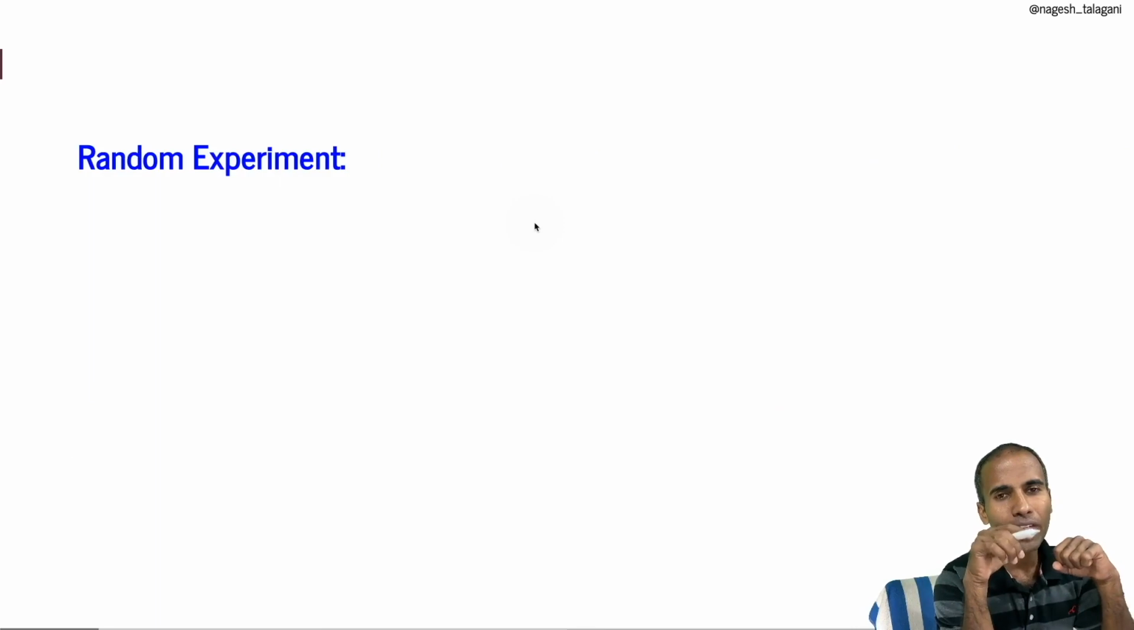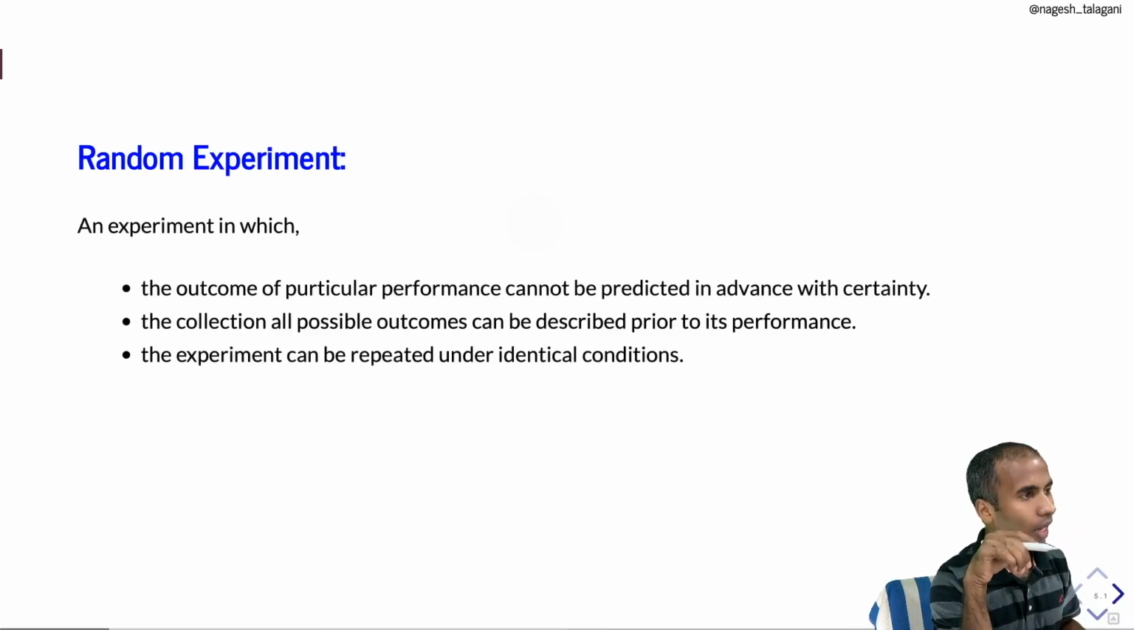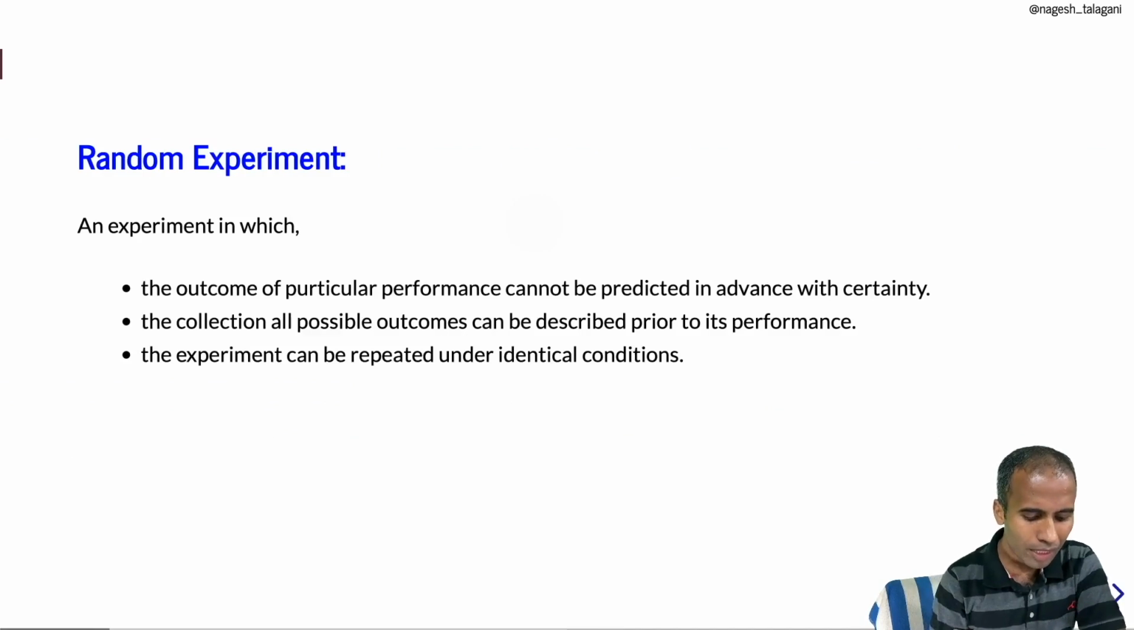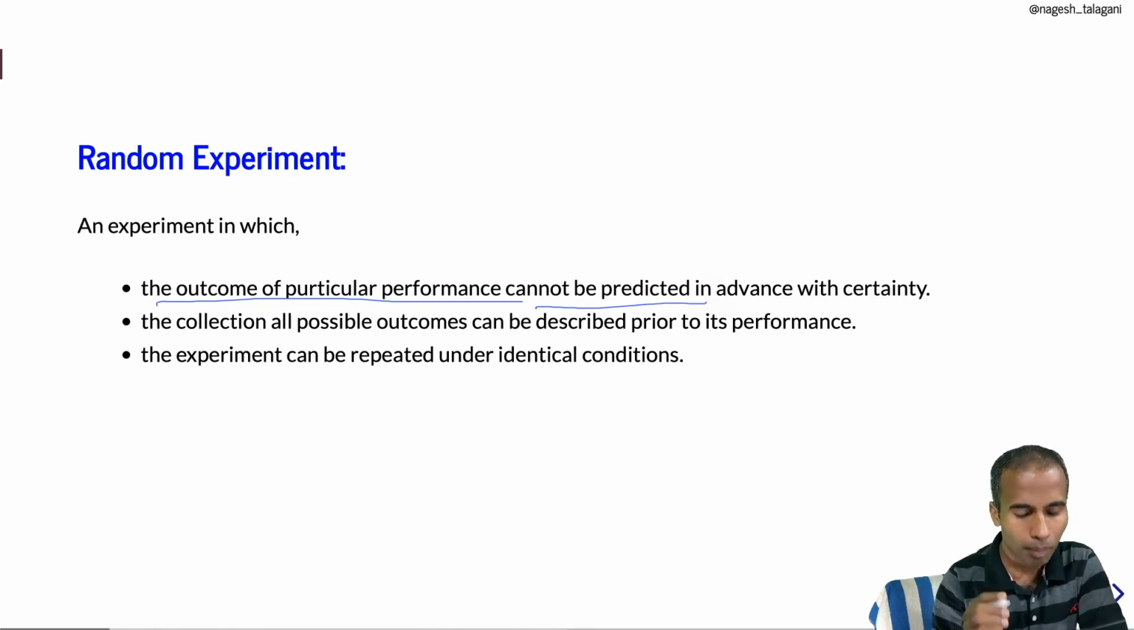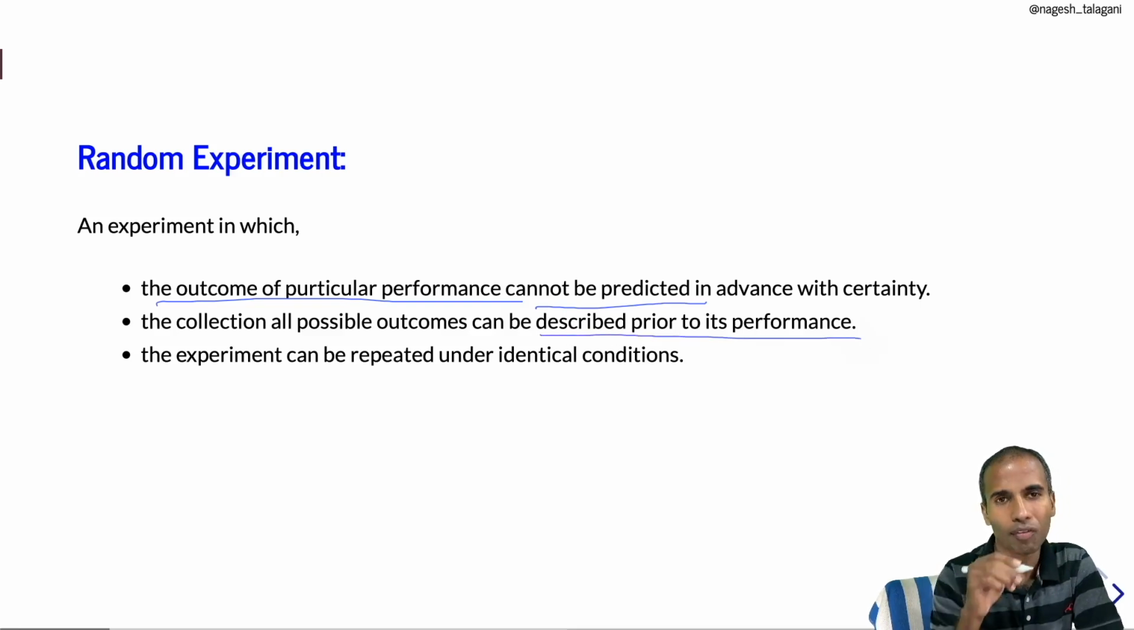Let me define what a random experiment is here. An experiment in which the outcome of a particular performance cannot be predicted in advance with certainty, but the set of all possible outcomes can be described prior to its performance, and the experiment can be repeated under identical conditions. Such experiments are called